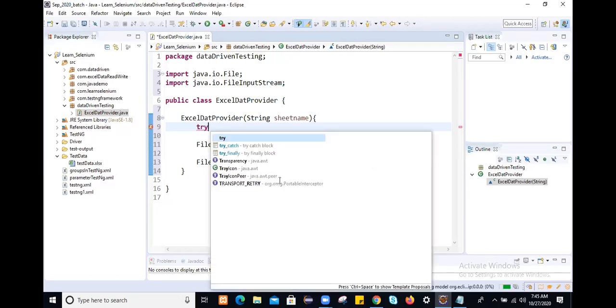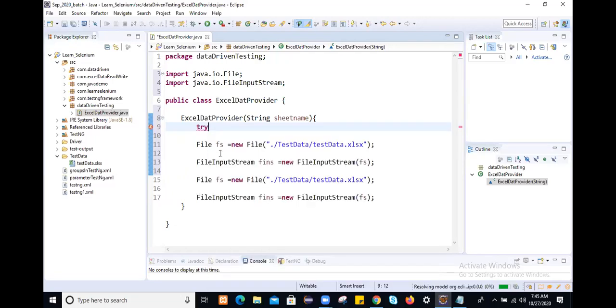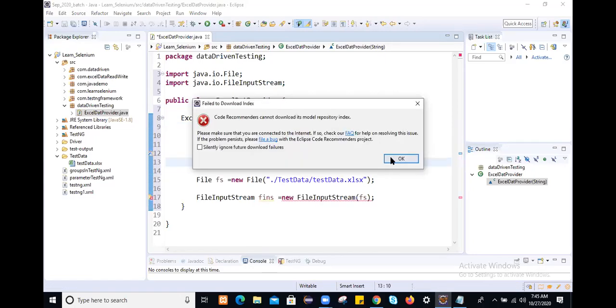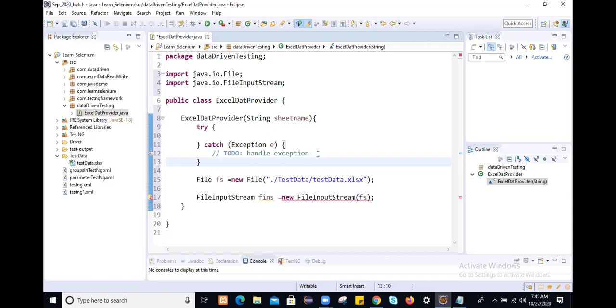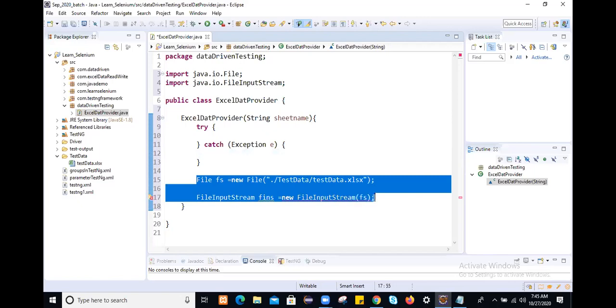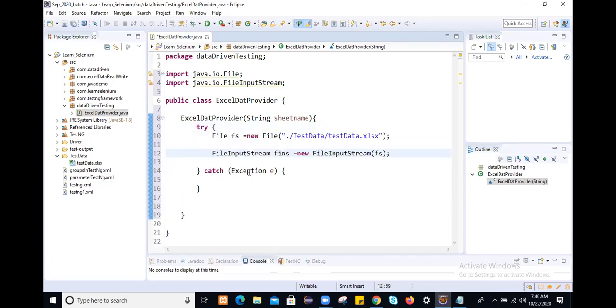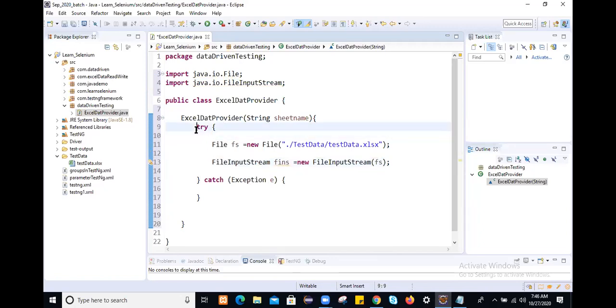So I'm going to use a try catch block here. Whatever risky code there is, we keep it within the try block. Whenever an exception occurs, we throw that exception to the catch block. As of now, I am going to throw every exception to the base class.